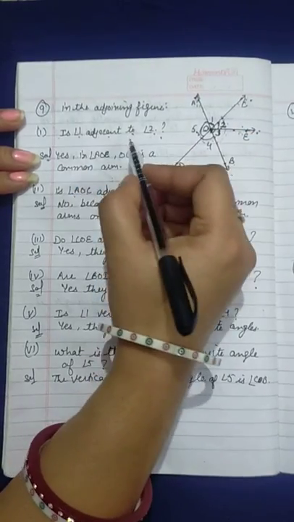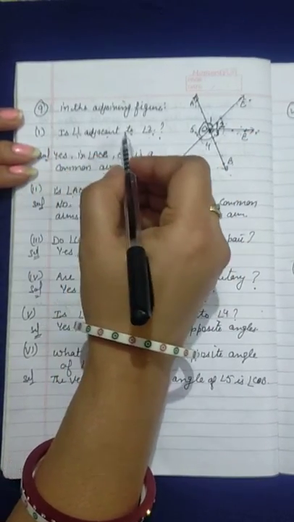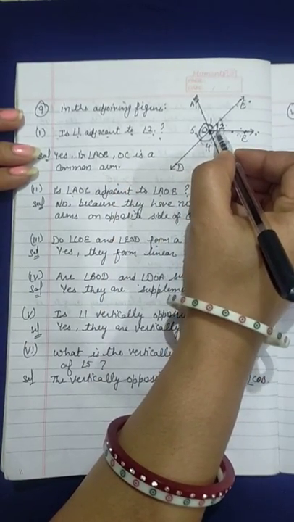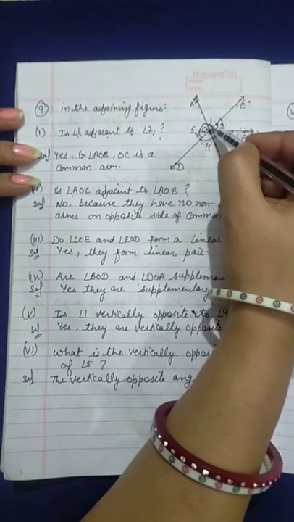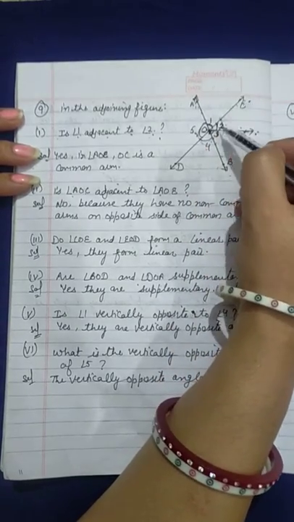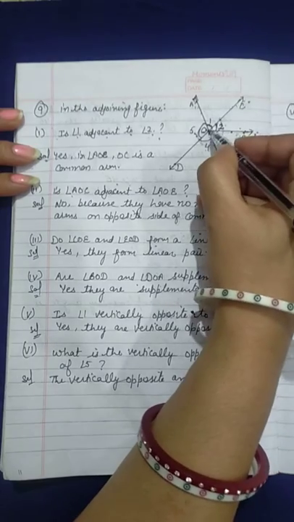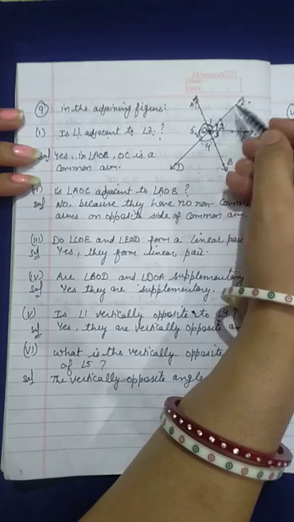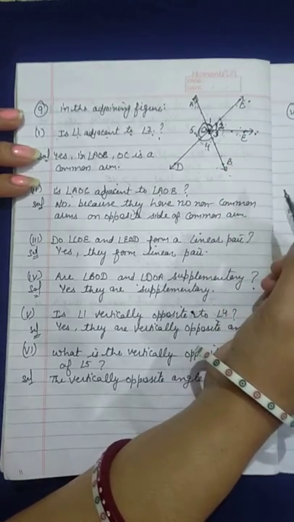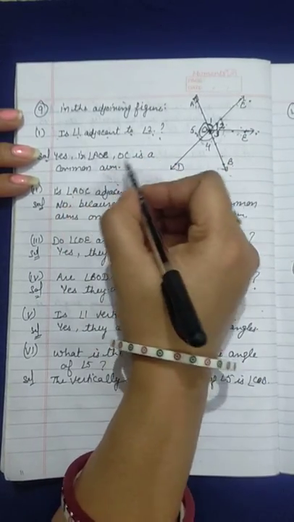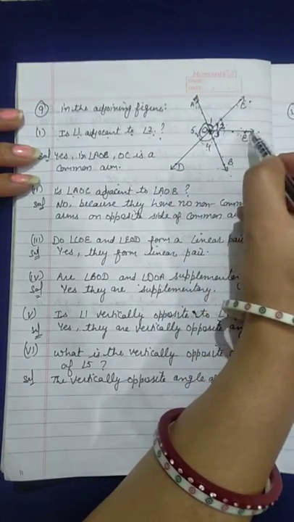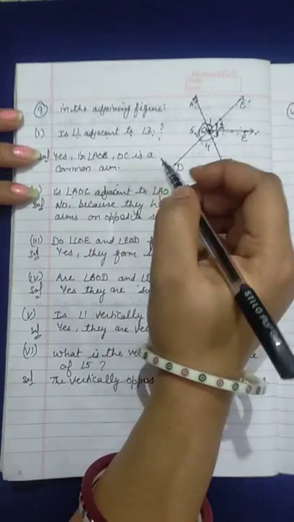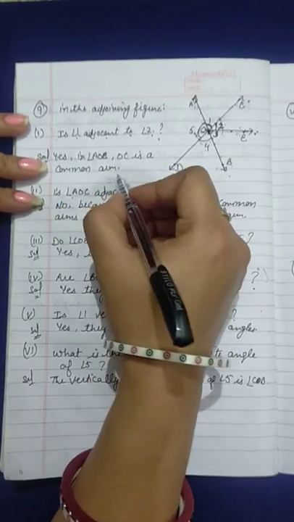Then according to the first part, we want to check that angle 1 is adjacent to angle 2. So what is adjacent here? You can see angle 1 is angle AOC and angle 2 is COE. This is the common vertex, or we can see that OC is the common arm here. So yes, these angles are adjacent. Therefore angle AOE, because AOC plus COE together make AOE.